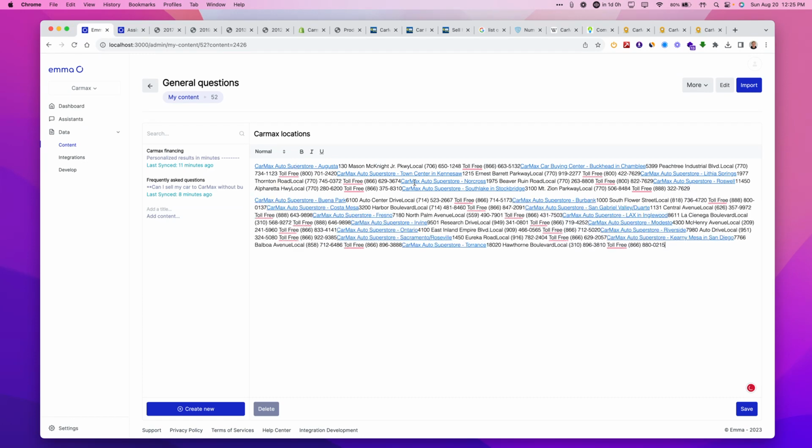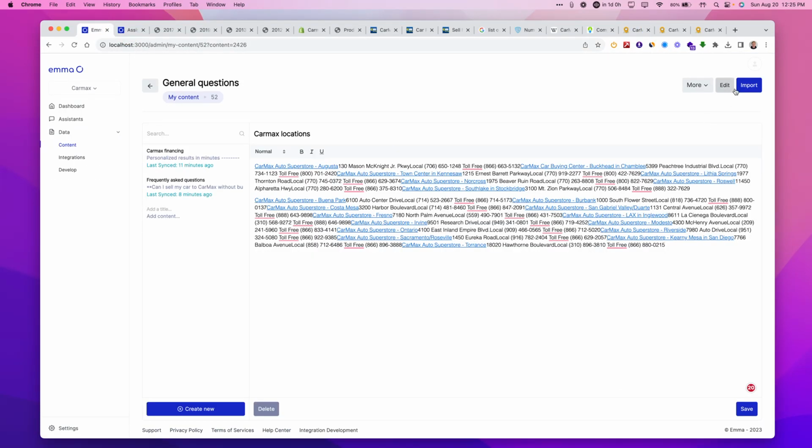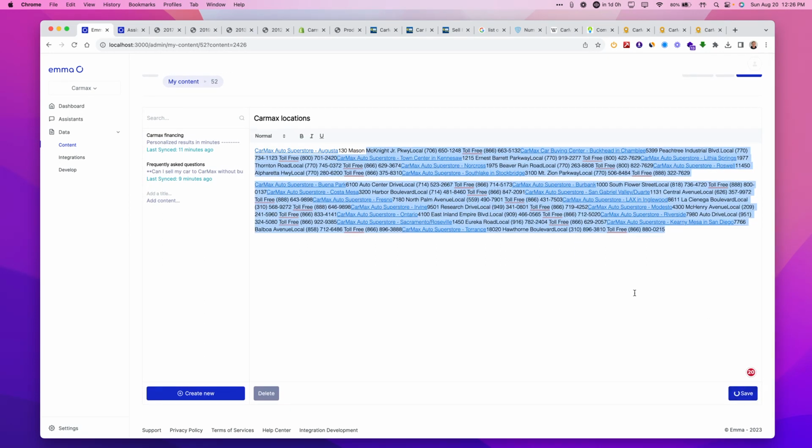So there we go. This is horrible formatting. If you had all of this information for all of the CarMax locations in a CSV file, you could just import it like this and it would actually create a separate file for each location, which would be even better, right? Because you could provide much more information for each location. But let's try this, okay? Even though the formatting here is horrible,